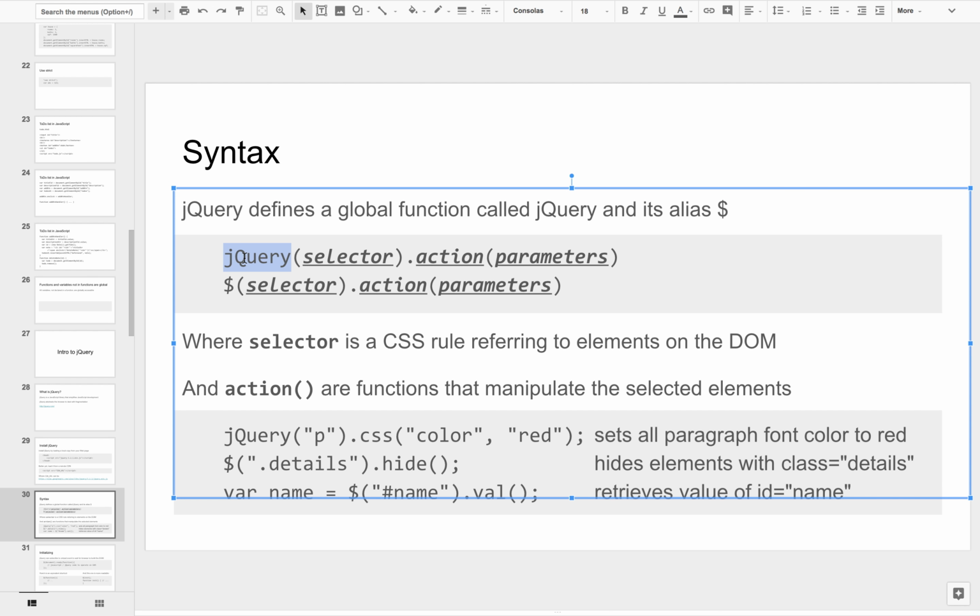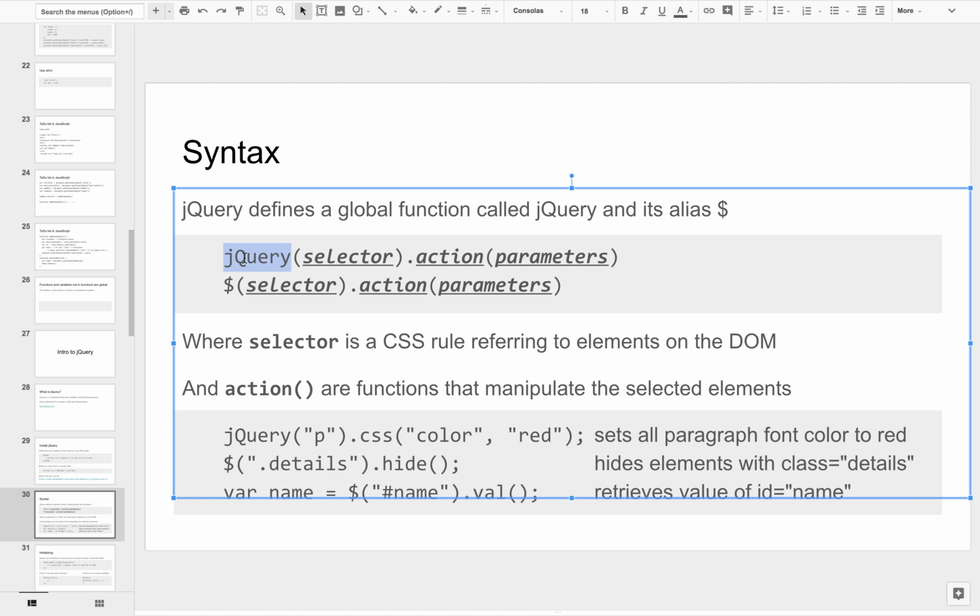I want to be able to query the DOM as if it were some data set, like a table, and if you have a SQL table, you want to be able to query that table.